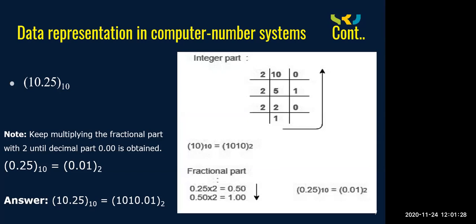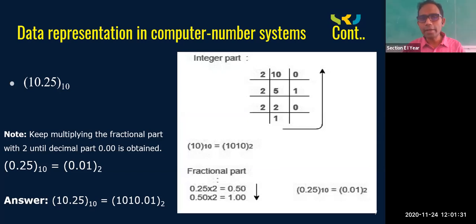Okay, so after completing this, you need to find the binary number. How to find that binary number? You have to go from bottom to top. So what is the first digit? 1. So here you are going to write 1. Then after that you got 0, write the 0 over here. Then write 1. Then you are getting 0, so here you are going to write 0. So from bottom to top you are going to collect the remainders. That part is called LCM.